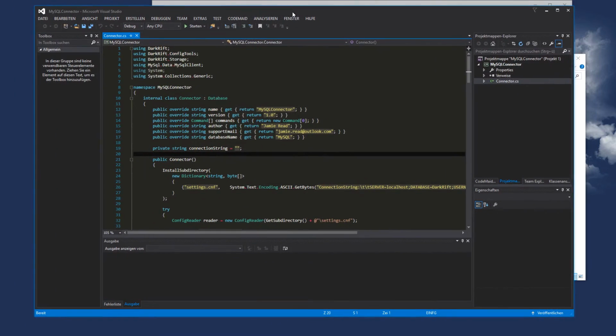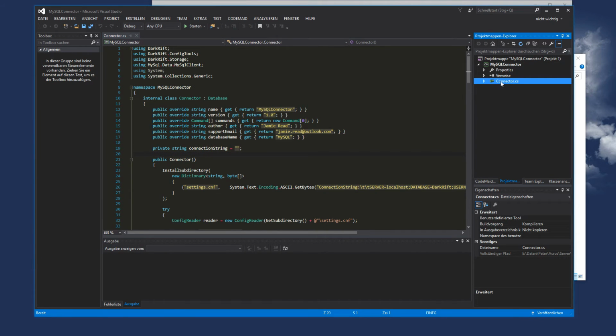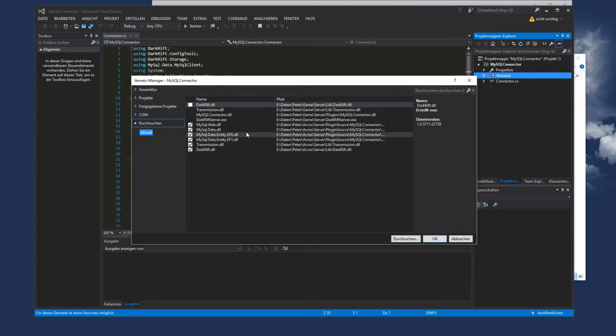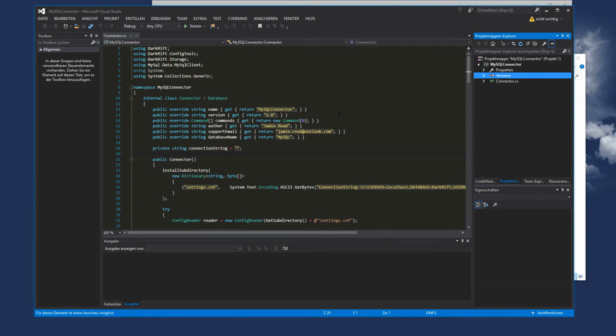It's over here. I opened here this connector, CS for C#. We're doing everything in C#, of course. Here you can see a couple modules we need. Also, which is inside the DarkRift DLL, the transmission DLL, and the MySQL stuff. So we can connect with MySQL. When you have that open,